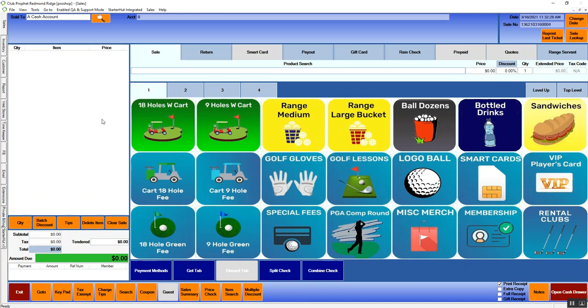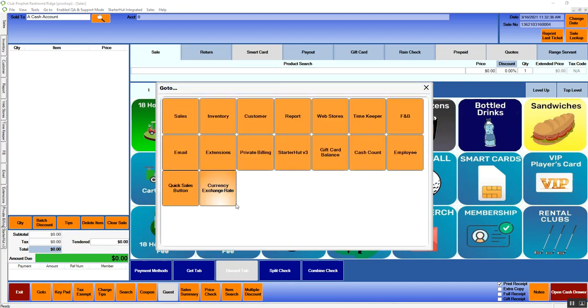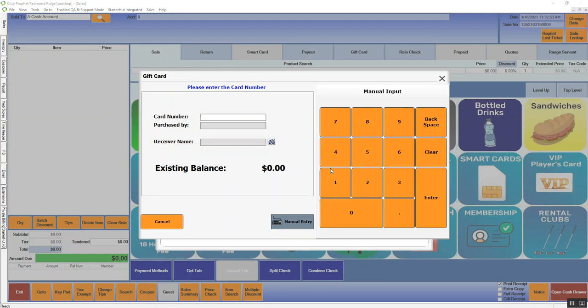Another button you might find yourself using to navigate around the system is this Go-To button down at the bottom by Exit. When we hit Go-To, it's going to pull up all the modules that you might need to find yourself in. For example, the sales screen, which we are right now. Maybe you need to jump over to the customer reporting module. Just note that the Go-To button will pull up all the available modules for you to go to, including gift card balance. Gift card balance, if we press that, it's going to ask us to swipe or just simply hit the manual entry, and we'll find our